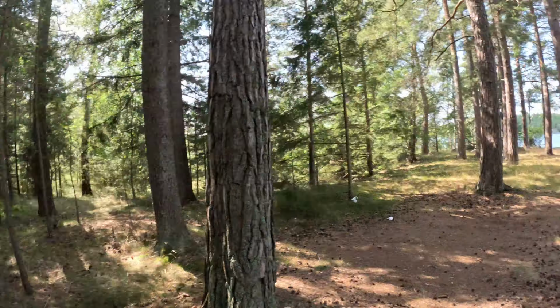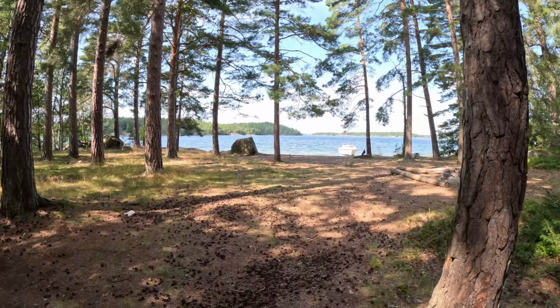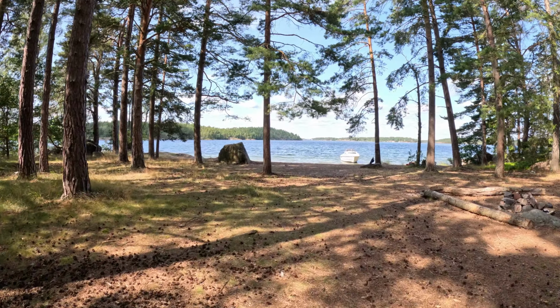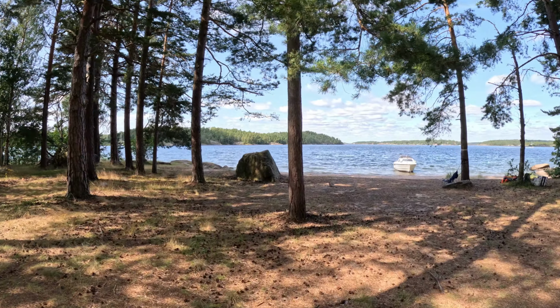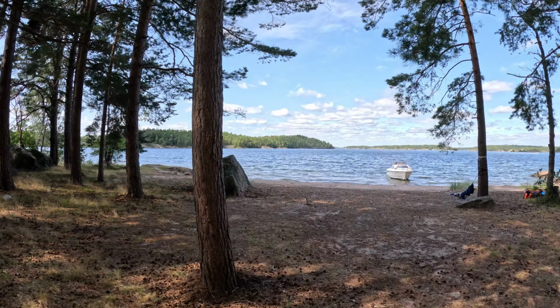Alright, so I have explored the whole island of Stora Sandön, the island here in Värmdö, and now I'm ready to swim back to the mainland of Värmdö. So let's then get going and take a swim to the other side, around 500 meters, on this 1st of August 2024,